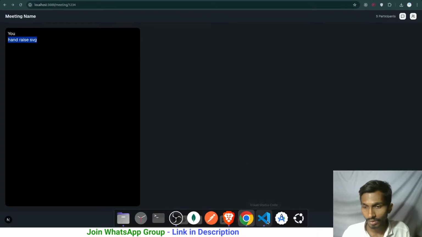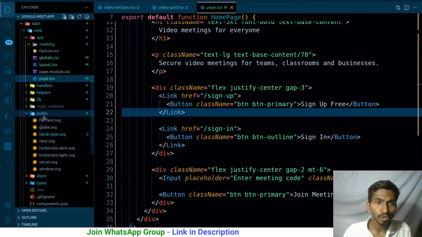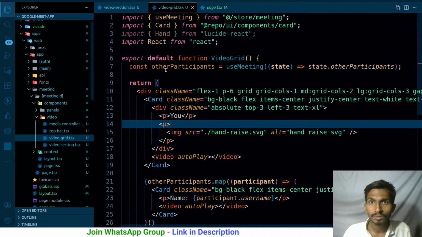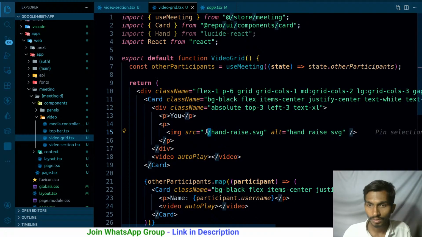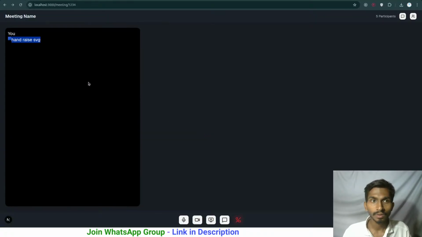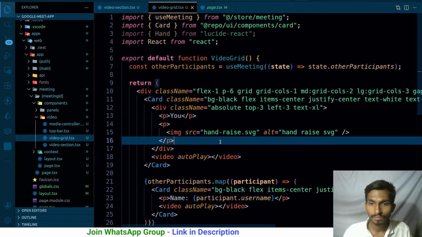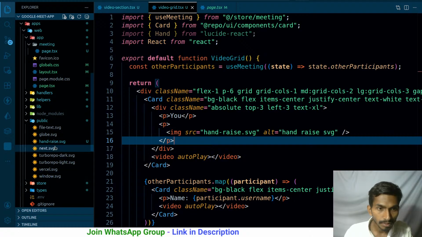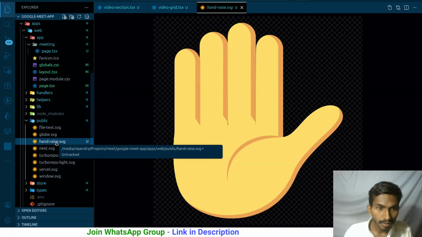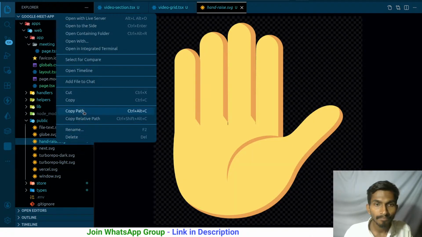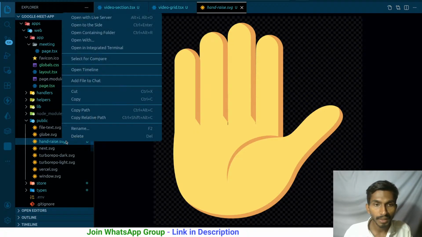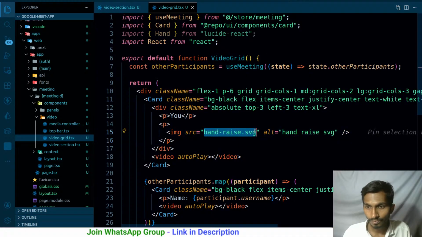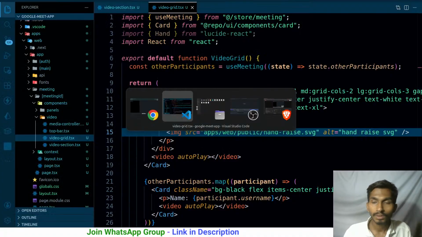So why is that not working? Maybe the path is the problem. So whatever we have inside public, that should be directly accessible. That simply means if I don't use this, can I use it directly? Handrage.svg. Oh, handrage raise. What is the name here? Public handrage, copy path. I could have copied the relative path as well. So if I just paste it here, what will happen? Still